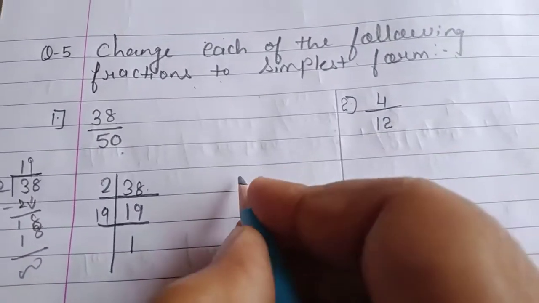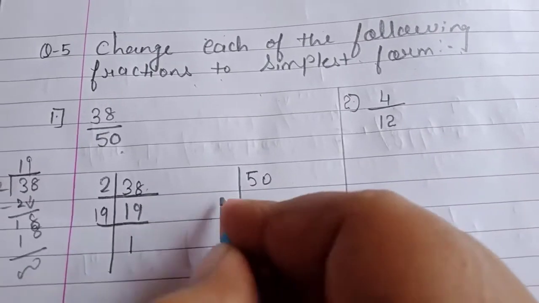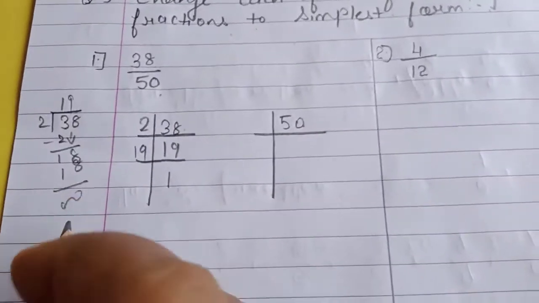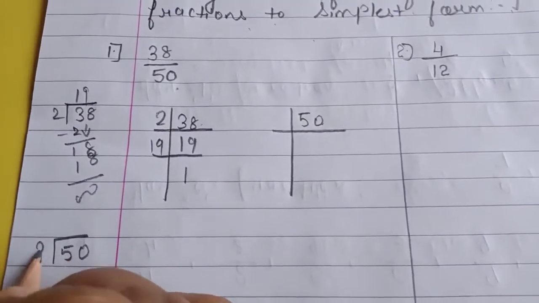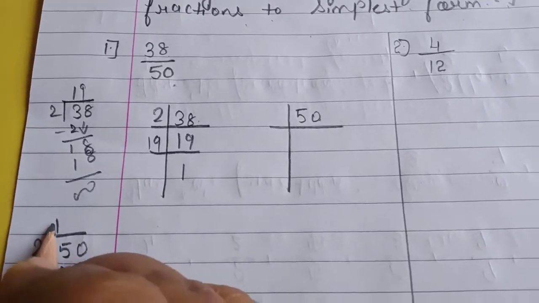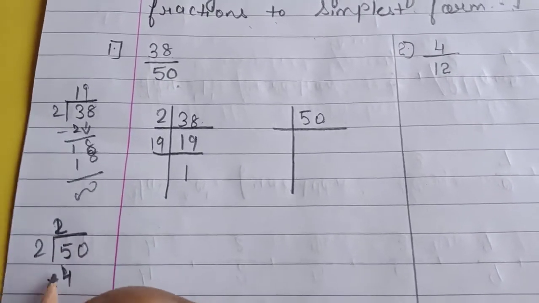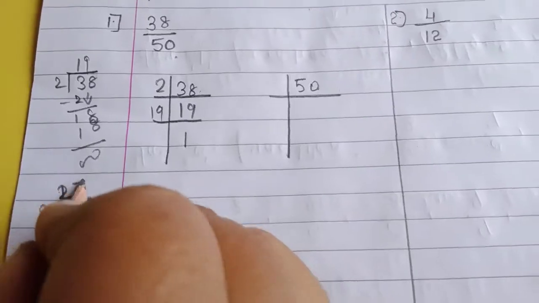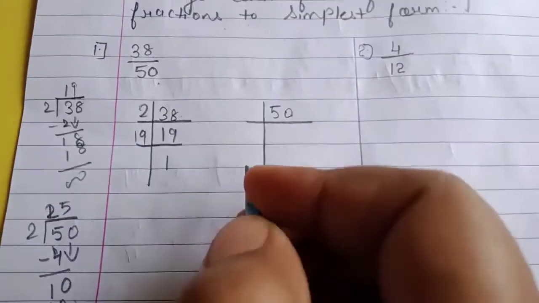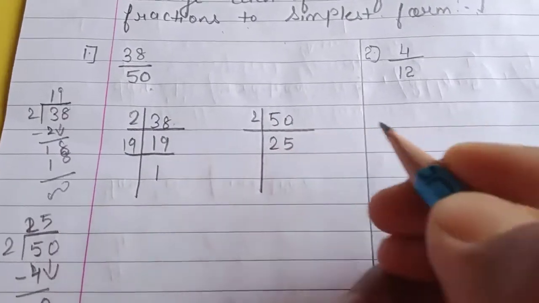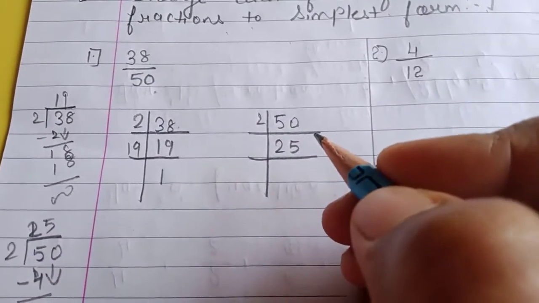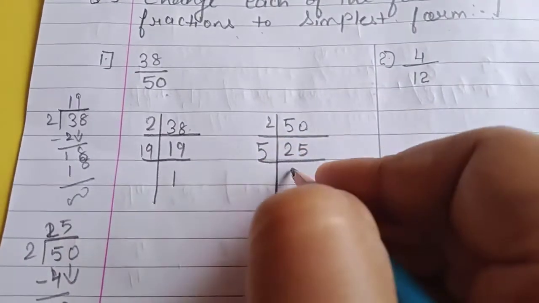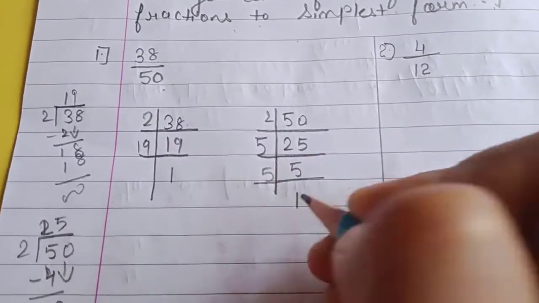Okay. So now we will take out HCF for 50. So here in ones place 0 is there, so 0 is divisible by 2. So in 2 table when 50 will come, 2 ones are, 5 is there, so we will take 2 twos are 4. So 5 minus 4 we will get 1, and the 0 we will carry down, so it will become 10. So 2 5s are 10. So we will write 2 25s are 50. Then 25 will not come in 3 table. In 4 table also it will not come. We will see direct in 5 table. 5 5s are 25. Then 5 ones are 5.